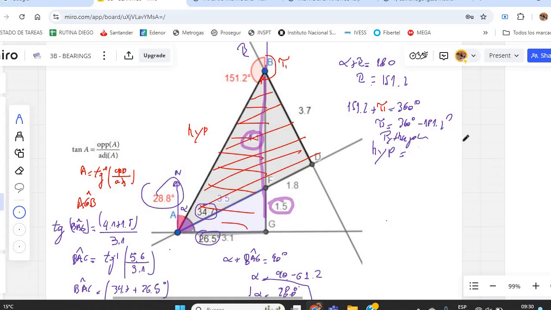The hypotenuse is the square root of 5.6 squared plus 3.1 squared. Here you have the value of the hypotenuse. And then you know that the scale is